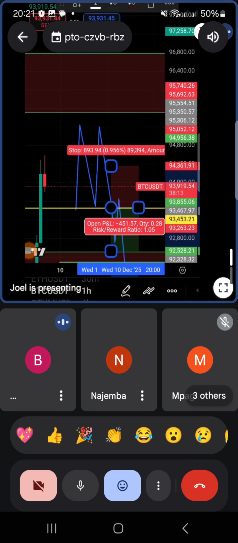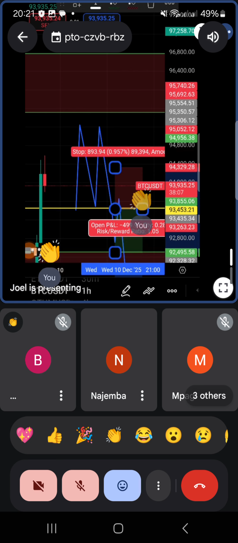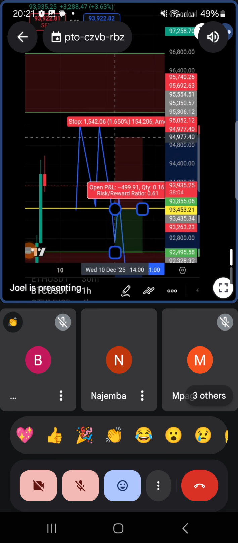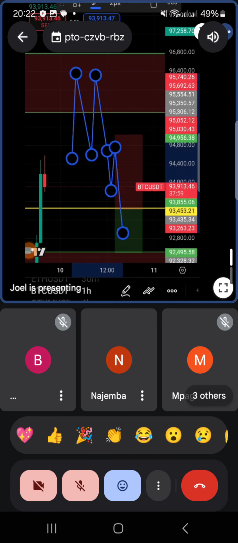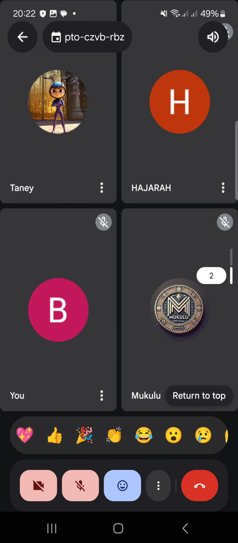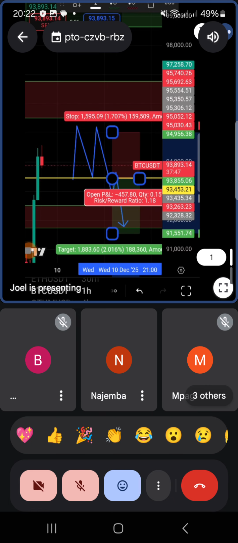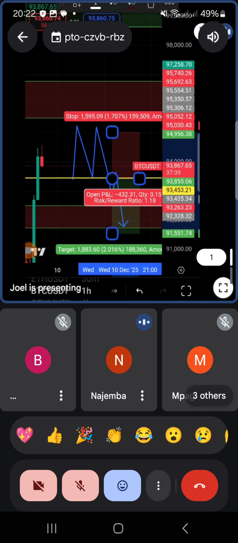Then of course I put my stop loss. I usually take a 1.7, and then of course my TP, I push it to 2%, 2% at the most. I'm not greedy, depending on how the market is moving. Most times it could hit 2%. But if you're a very cautious person, then I suggest you use